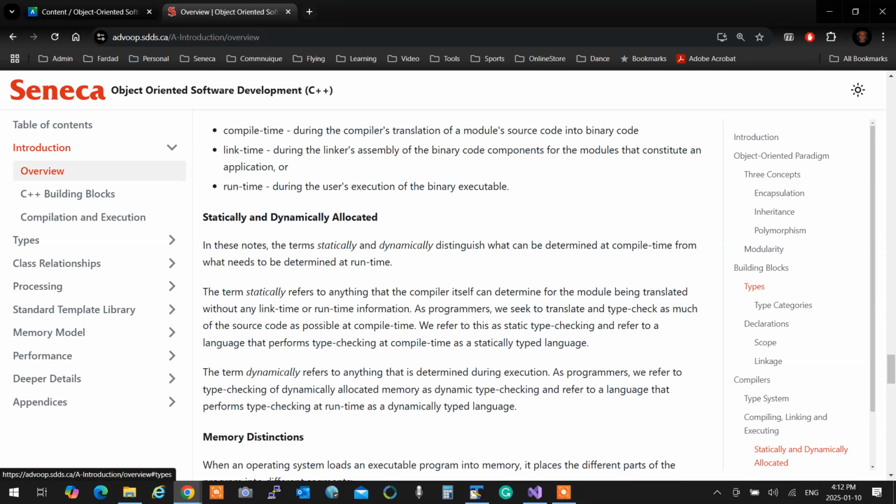Statically allocated, this doesn't mean the type static that we're going to talk about soon. What is a static type? It's not that. Statically allocated memory is memory that you define in your application, and it's within your executable. Essentially, every variable, every normal array that you create, all these things are inside your executable, okay? But dynamic ones are the ones that you allocate using dynamic memory allocation, and the memory that you are using in dynamic memory allocation is not in the executable, but it is in the,